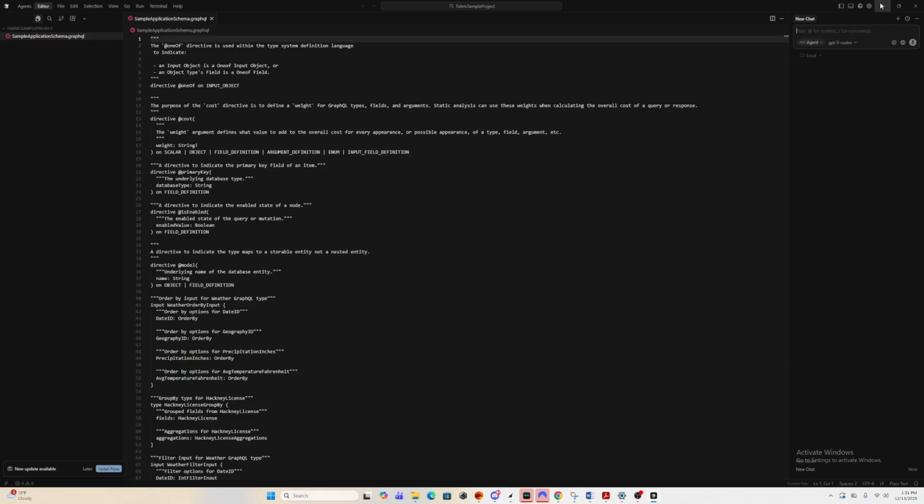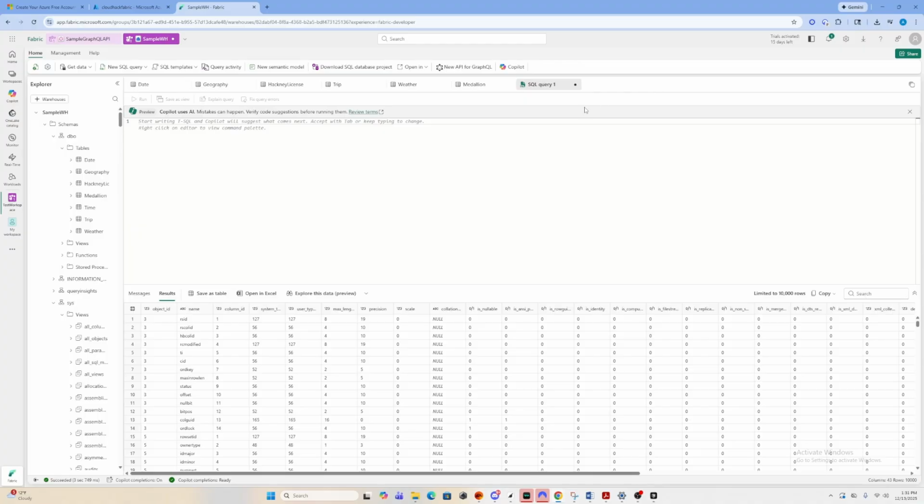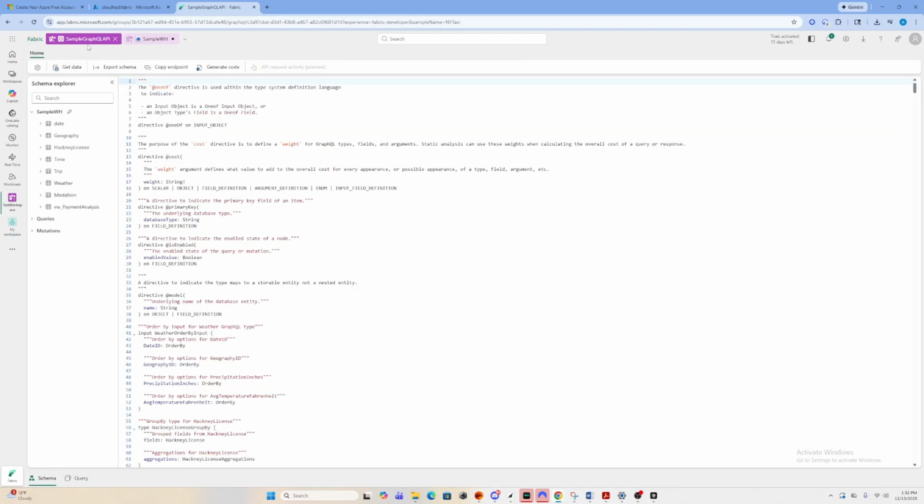Once you have the Cursor repo set up, I'm going to teach you guys some hacks to ramp up and get your agents within Cursor up to date on the context and the type of data that we're working with, and then in general how to increase the accuracy of these models as we work with specific data within our Fabric environment here. So the first thing I am going to do is go to the sample GraphQL API